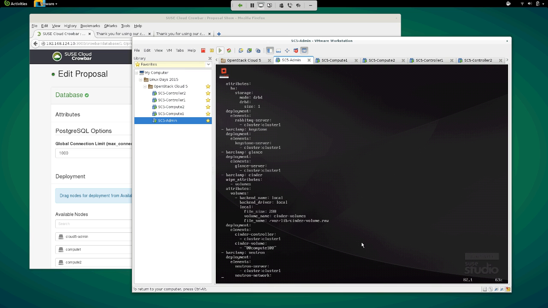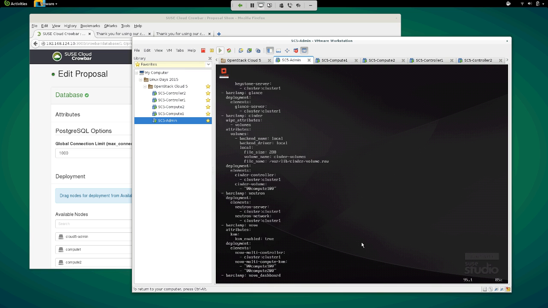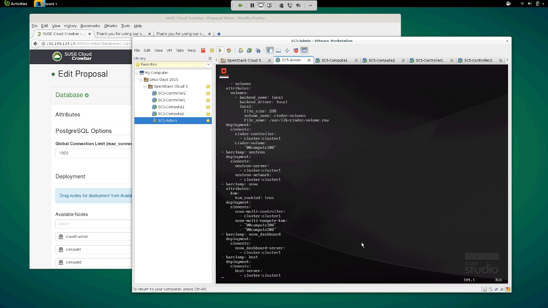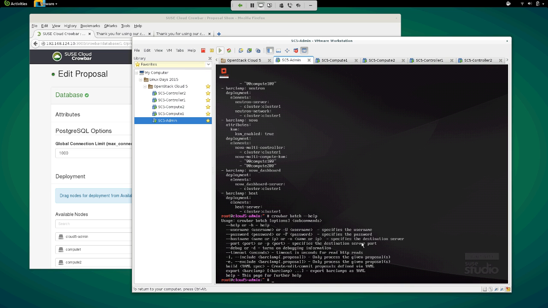It really doesn't take a whole lot to utilize this to create your entire cloud. Yeah. You can see it's a very simple format. I could, in fact, do a crowbar batch, and it has a number of switches available to it. One of those is the export switch.